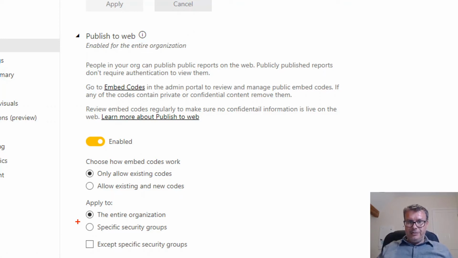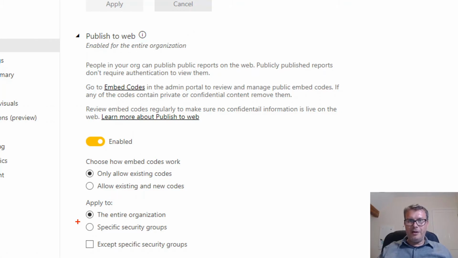So, turn this off unless you know that somebody's got a very good reason to do it. And if you turn it off and people say, oh, I can't get hold of my reports anymore, well, they were getting hold of their reports in a very insecure way. I'm not going to demo it, but if you know what you're doing with a search engine, you can find all kinds of Power BI reports that are really intended for internal consumption only, that have been published like this.